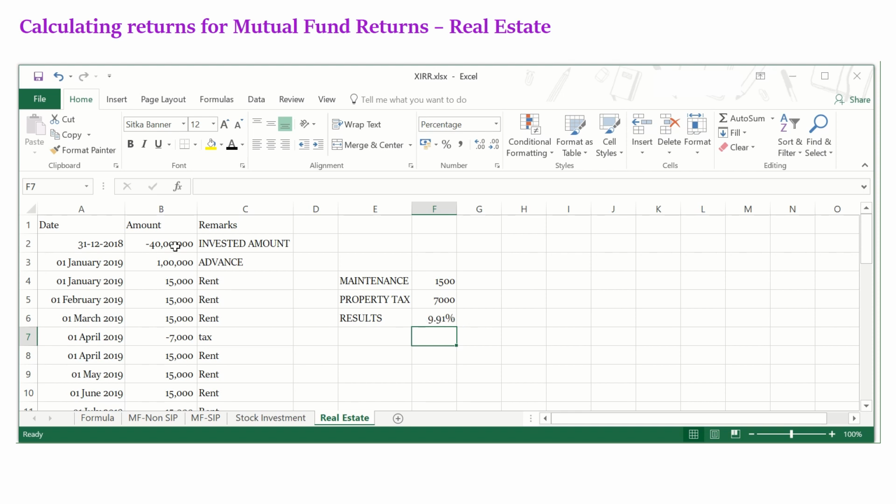So let us assume, though he has bought the house, for the first 3 months he could not let it out, but in that period he has to pay maintenance to the society. So minus 1,500 for the first 3 months, and now you can see the return come down to 9%. So this way you can simulate a more realistic situation if you have all the inputs and the corresponding dates and calculate the XIRR or the returns for your investment.